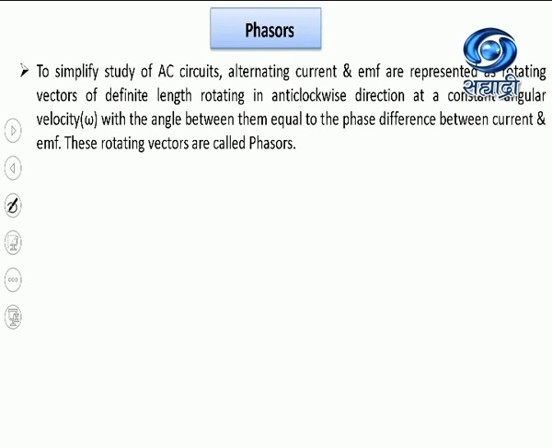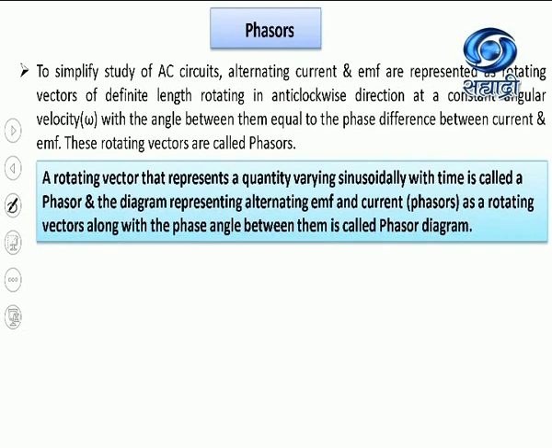And these rotating vectors are called phasors. A rotating vector that represents a quantity varying sinusoidally with time is called a phasor, and the diagram representing alternating EMF and current as a rotating vector along with the phase angle between them is called a phasor diagram. Now let us see how we draw the phasors, how we represent alternating current and EMF with the